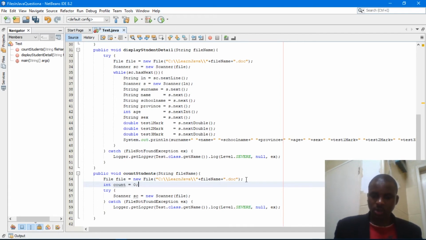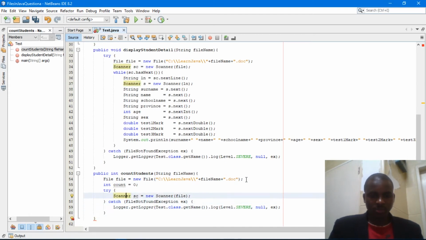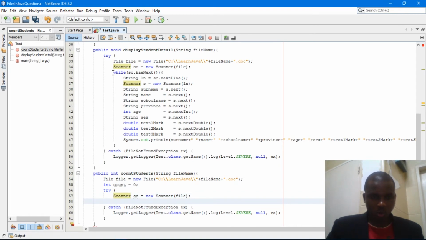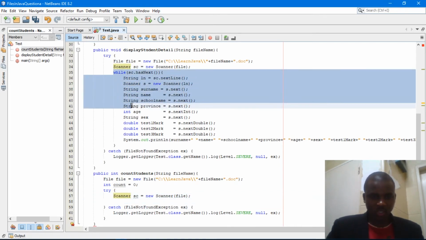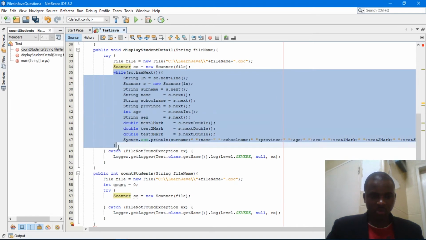So what am I going to do here? I'm just going to copy this while method, and I will remove some of the code that we don't want from there. So it's important, guys, to revisit the video where I was explaining much of these things. Okay, so I'm going to remove all these things. We don't need them at all.